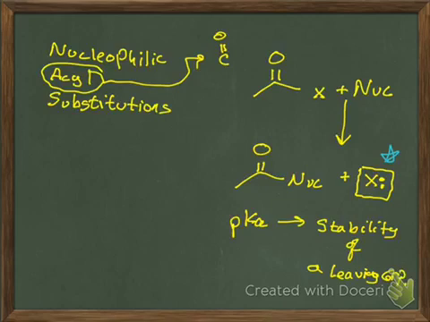So can we apply that here? Yes, let's. We're going to start with a pretty simple one, your friend and mine, the acid chloride. We react this with a nucleophile, and we're going to get this